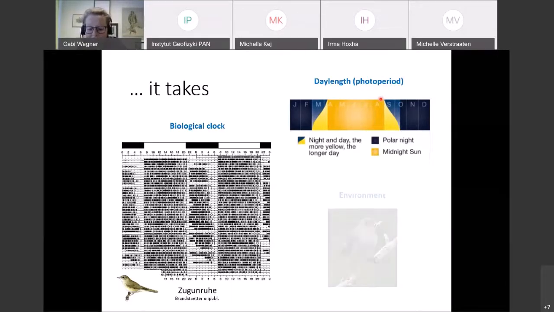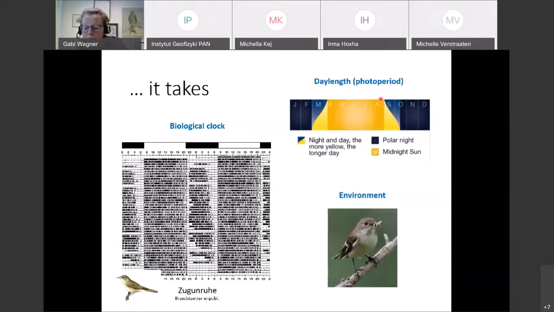And that is, of course, because the birds, or all animals, have evolved to find certain conditions at a certain time of year. And in this particular case, I've chosen a flycatcher that times the arrival of its young ones perfectly to make sure that just when the young ones arrive, just when there's a massive need for food, there are enough caterpillars around to feed the young ones. So this is a very close interplay between these three components.